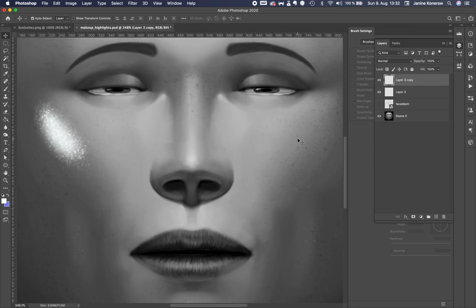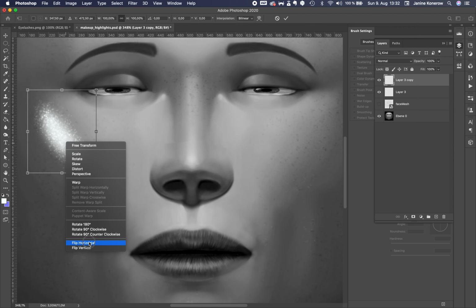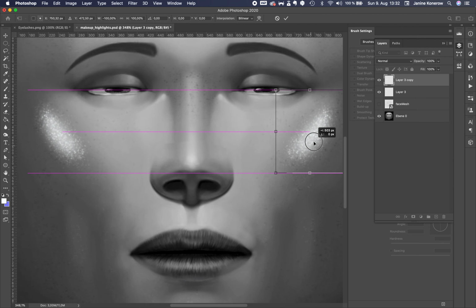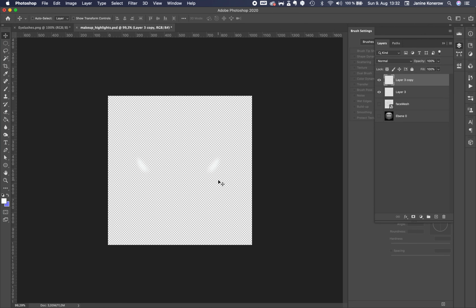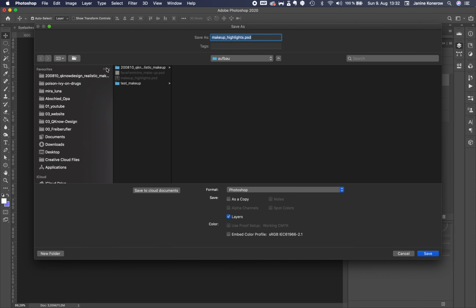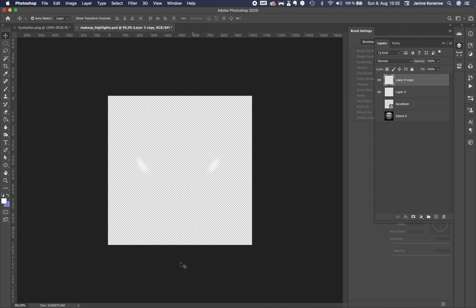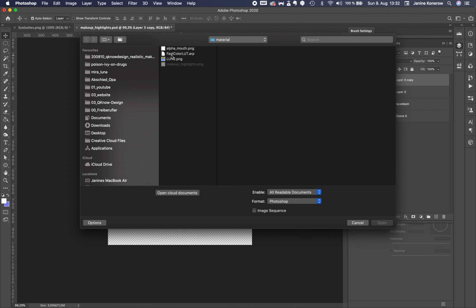And for my first Command T, duplicate the layer, and then flip the layer, put it on the other side. And now we don't need this one, we just want our highlights, so go to the material, makeup highlights as PNG. Okay, and now you open the highlights,